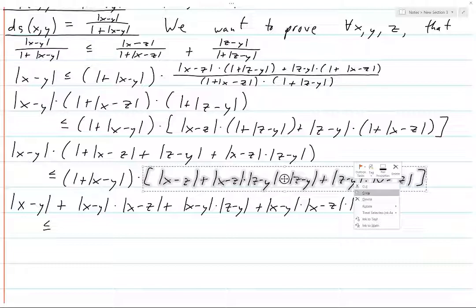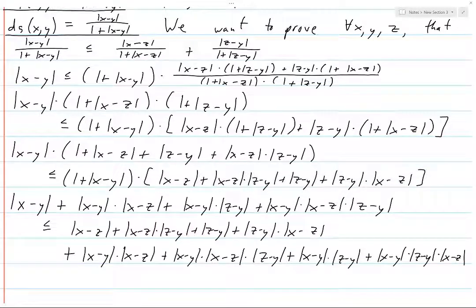And that actually happens here. We got this x minus y times x minus z here, which actually cancels with this thing. So those two go away. We have x minus y times z minus y, and that cancels with that. Then we got this third term here, x minus y, x minus z, z minus y, and that cancels with this one. So there we go. So we end up with